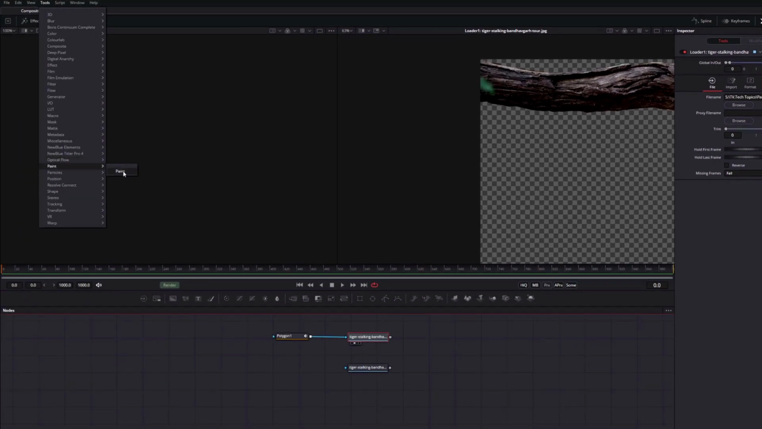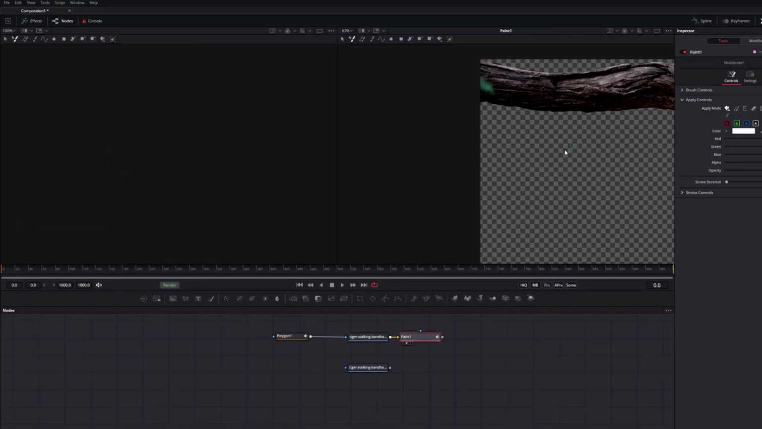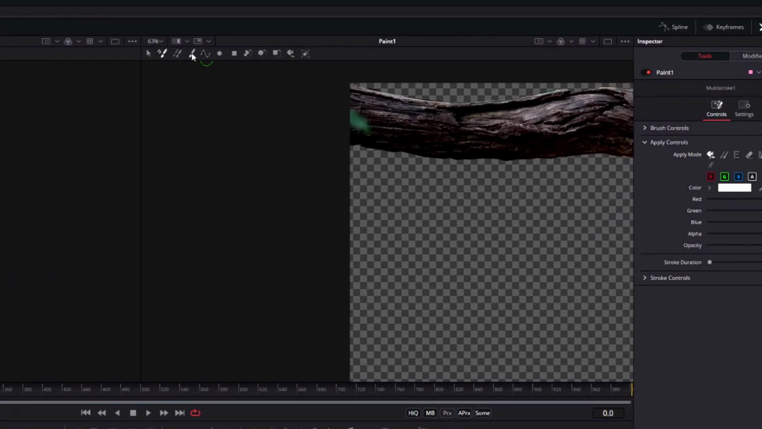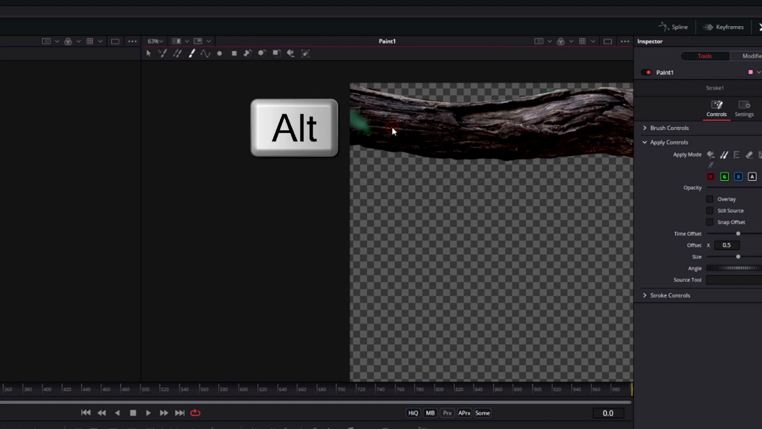So we'll call up a paint tool, make sure we are looking at the paint tool. We're going to set ourselves up for a stroke, not a multi-stroke, which it usually defaults to. We just want a stroke. We want the clone tool. And as I hold down the Alt button on Windows, that will grab my area that I want to clone from. And I can now clone out this